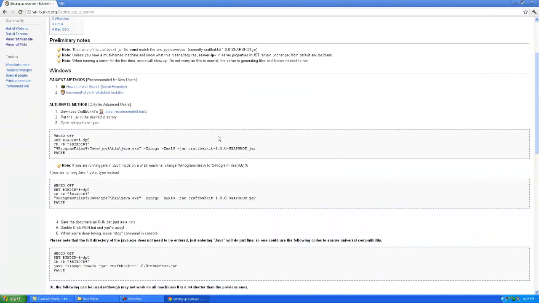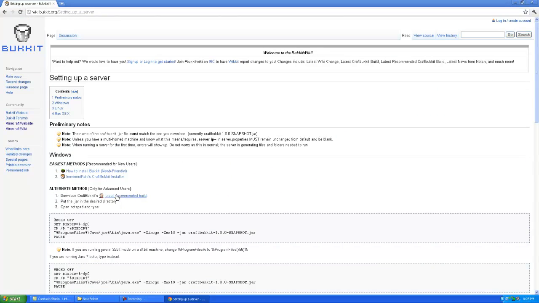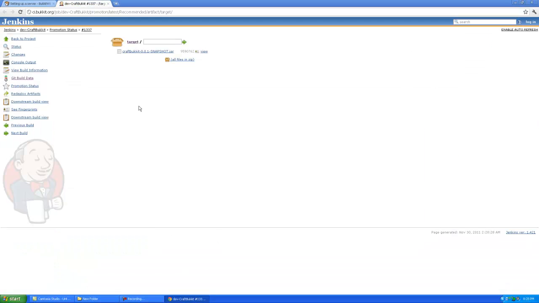And now you want to go right here where it says latest recommended build. You're going to want to open that. Now, it'll take you to this build, which will be a 1.8.1 build, unless they update it. And then it'll more than likely be a 1.0.0 build. But if it's still 1.8.1, you're going to want to go up here to the top right corner and click